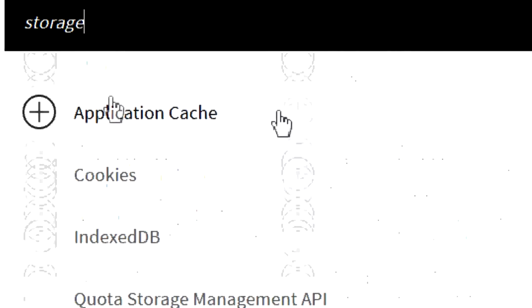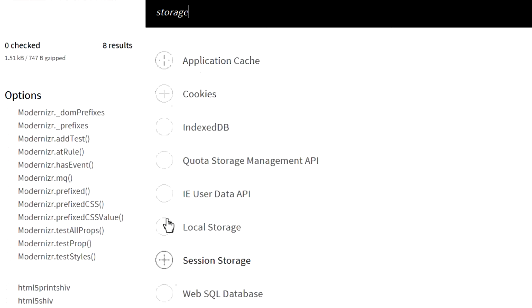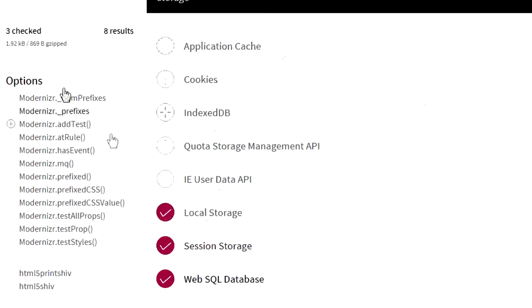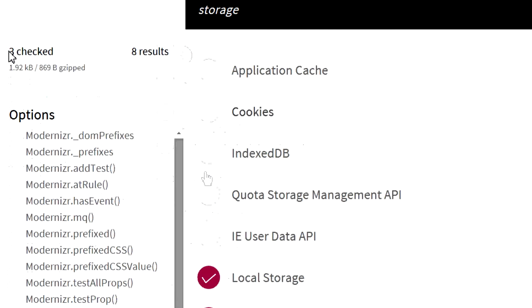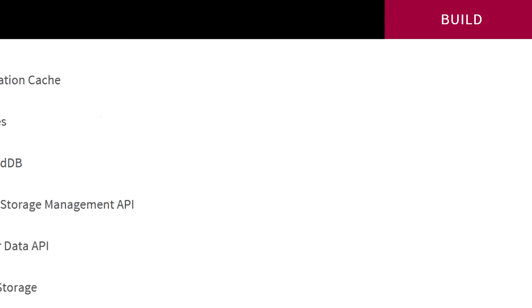If you only need storage, so I type storage here, it shows all these things about storage. If I needed to check for local storage, session storage, and let's say web SQL database, and maybe I don't want to check for cookies, I don't want to check for application cache, you can see here I have 3 checked items, and it's going to be 1.92 kilobytes for the Modernizr file. And if I click build,